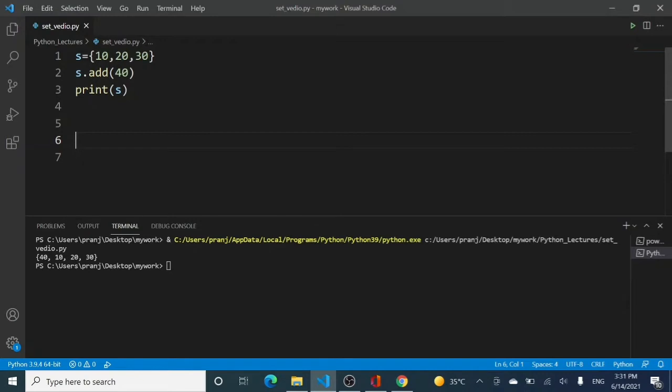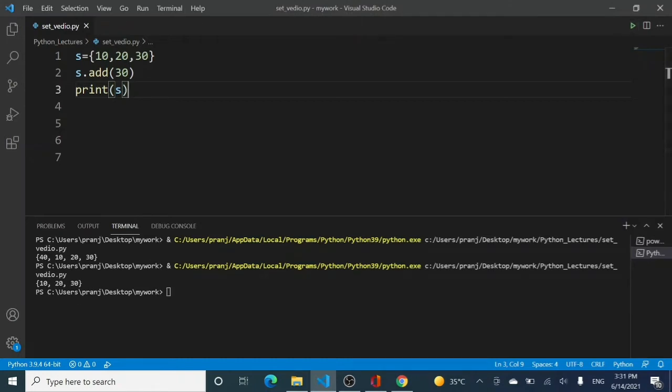Now, changing the code, I will be writing the value as 30, right? And 30 is already part of my set. Now, if I run the code, on your screen you will see that 10, 20 and 30 is only printed. There is no repetition of the values. Now, can I add 30.90 also?